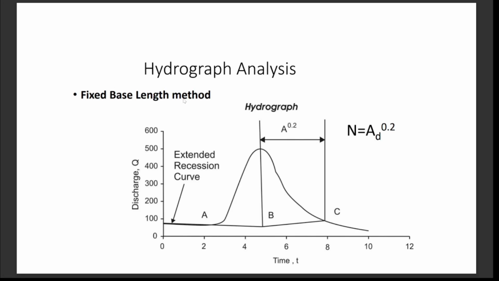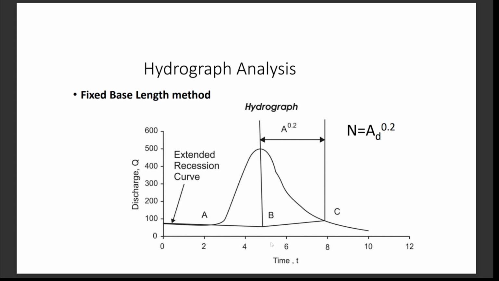The second method is fixed base length method. In this method, the surface runoff ends after a fixed interval of time after the peak of flood hydrograph. In the hydrograph shown in this figure, extend the point A on the curve to point D, which is vertically below the peak. Now draw a line from point B to point C on the hydrograph equal to a distance